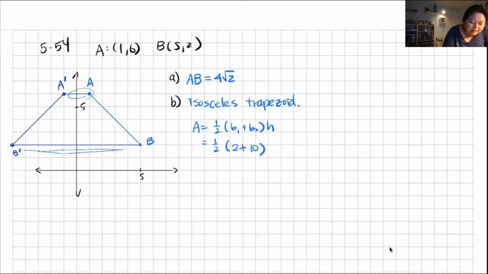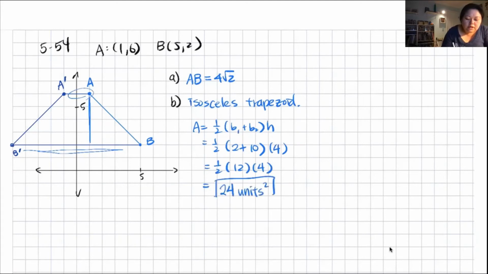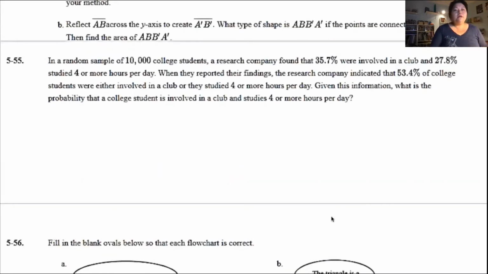And then what is the height? The height is right here. It has to be perpendicular to both bases. So that's 4 boxes there. So I get 1/2 times 12 times 4, so half of 12 is 6. 6 times 4 is 24. So 24 square units for this particular trapezoid. Okay? All right. Okay. In the next problem, we're looking at